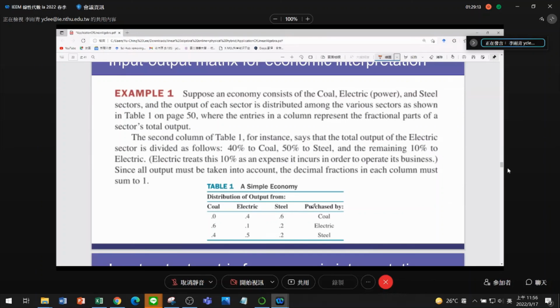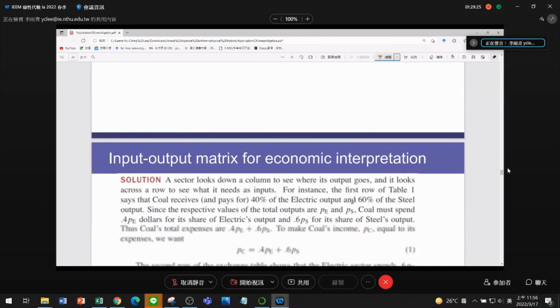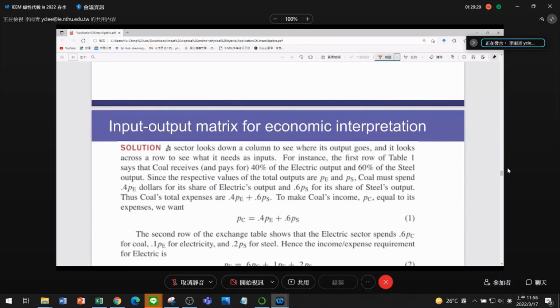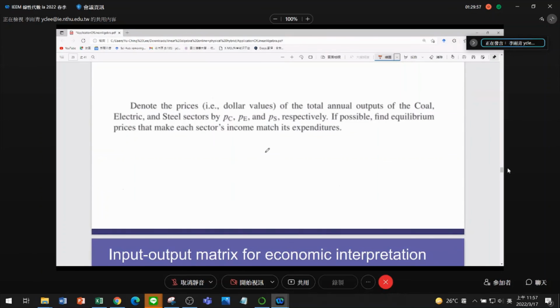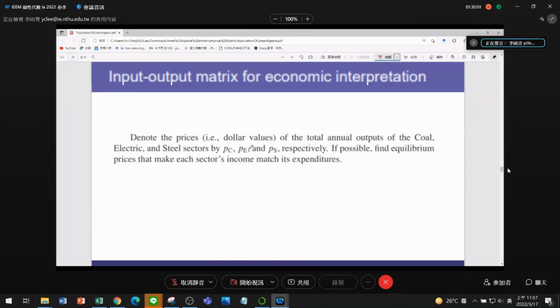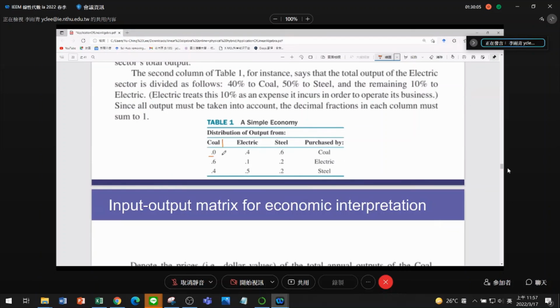And to read this table, here it says that a sector looks down a column to see where its output goes, and it looks across a row to see what it needs as input. So when we read this table, reading down a column shows where the output goes. Coal's output keeps 0% in its own sector, and 0.6 goes to